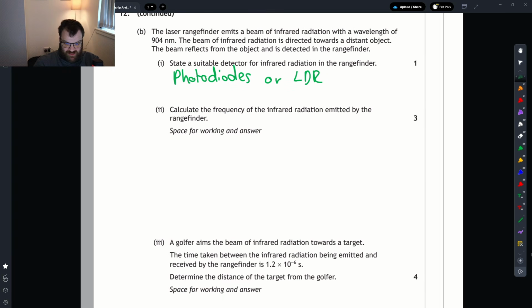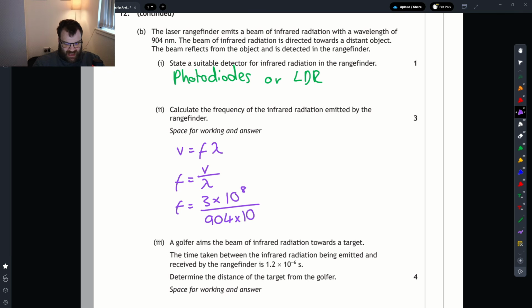Calculate the frequency. We have the wavelength. We go back to v equals f lambda. So this time we want frequency, which is the speed over the wavelength. Because we're talking about part of the electromagnetic spectrum, it will be 3 times 10 to the power of 8. And then it's nanometers, so it's